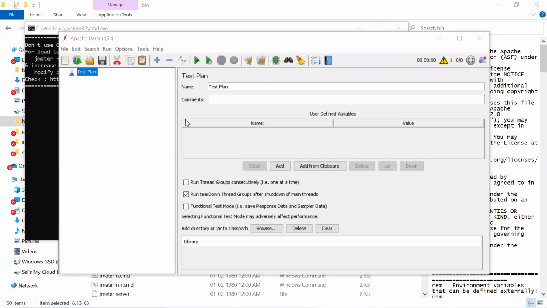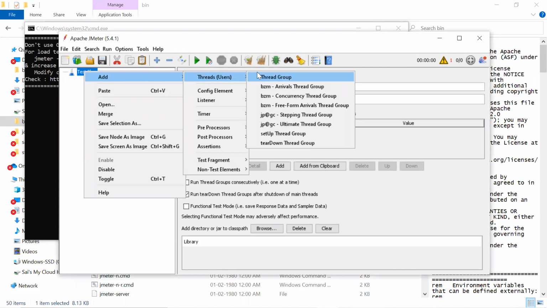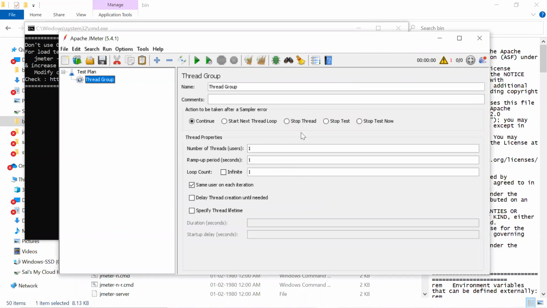Yep. So thread groups is nothing but scheduling the load test or designing a load test. Currently, whatever we have seen is the default one. Add thread group is a default one, which has very basic functionality to do the load test. So here we don't have control on anything. Correct. It's a simple one. Just give the run and that's it.